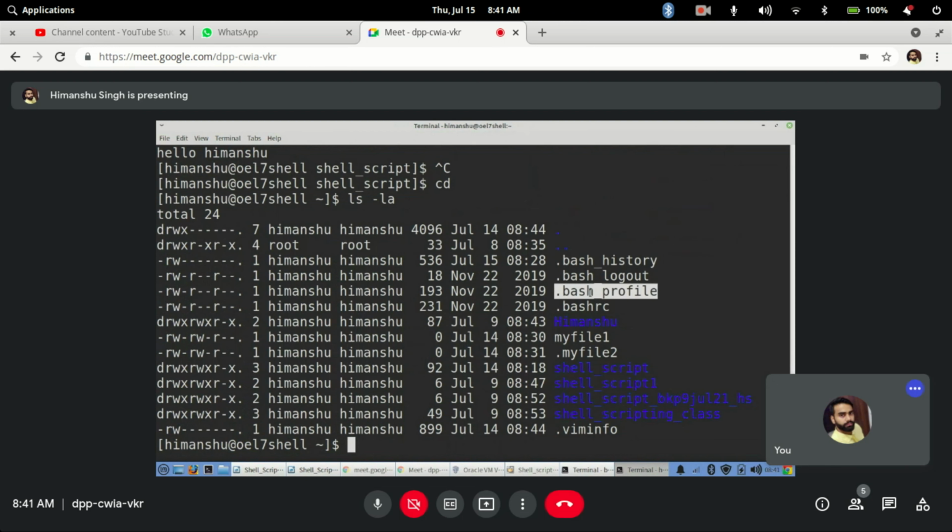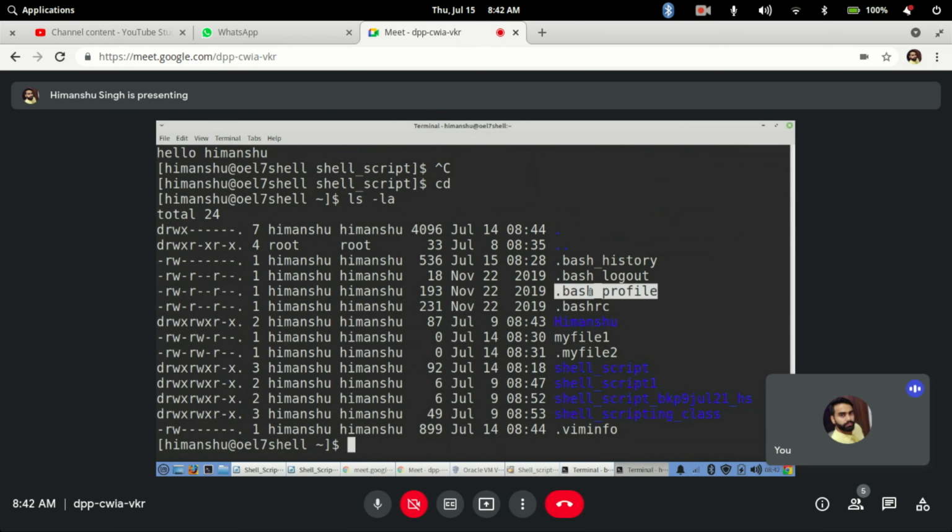Okay, this file is important again to define any of your variables. If you want to define any of your variables, you can use this .bash_profile here. So whatever variables are defined, that will be available for that user every time the user connects to an SSH connection. So that will be available for that user.